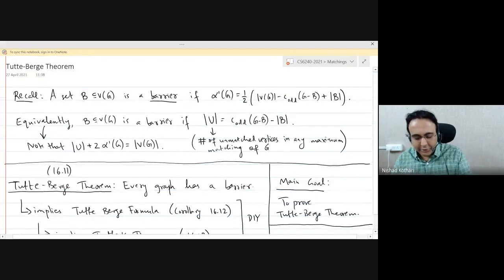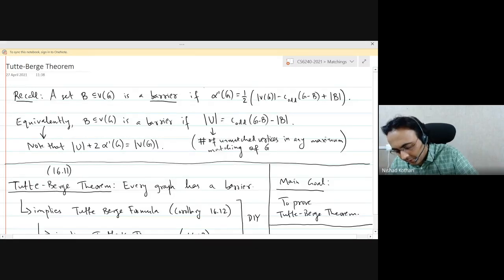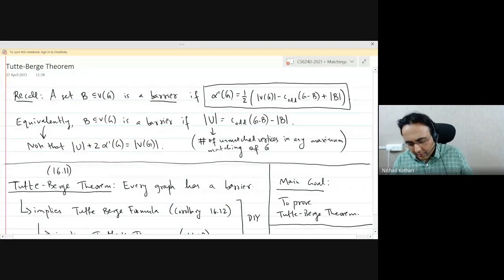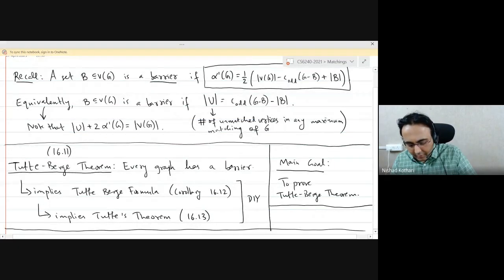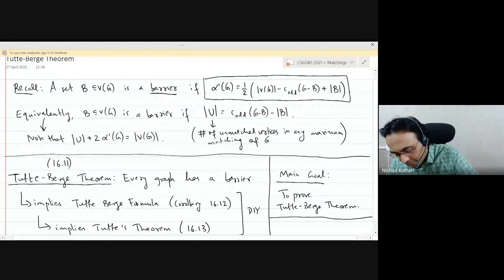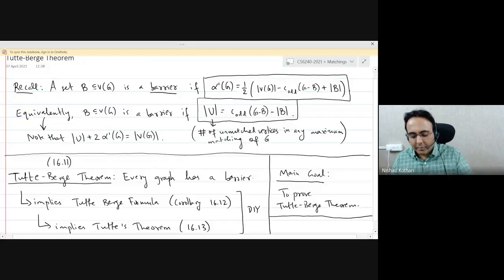The formal definition of a barrier, just to remind you from yesterday, is that a set of vertices is a barrier if it satisfies this equation. This is a bit of a long equation. I feel that this alternative definition might be easier to grasp. Rather than thinking of the size of a maximum matching, it tells you the number of unmatched vertices in any maximum matching of the graph, right?